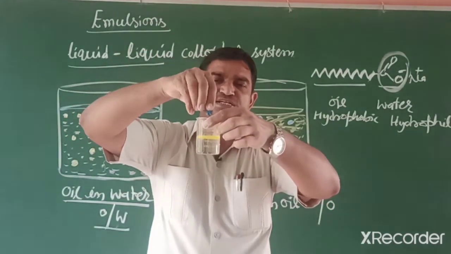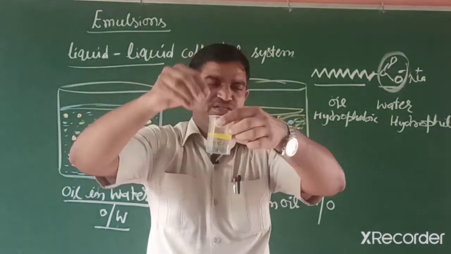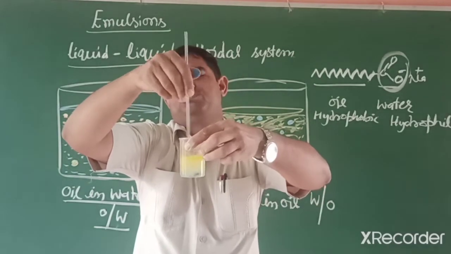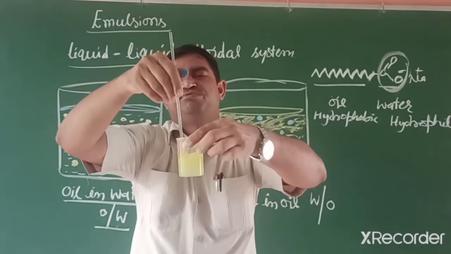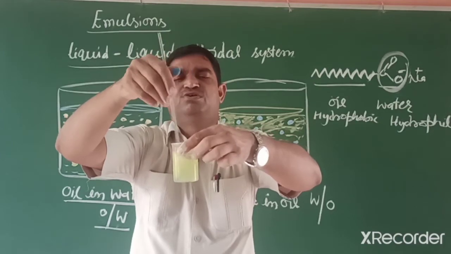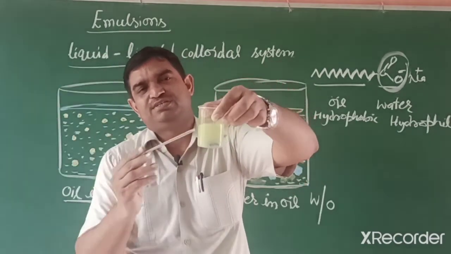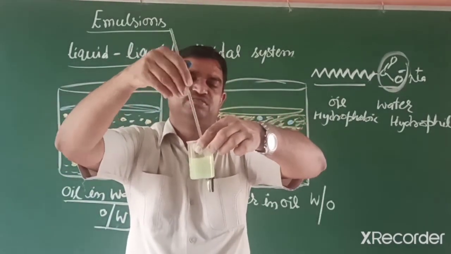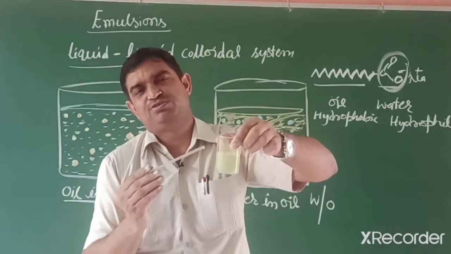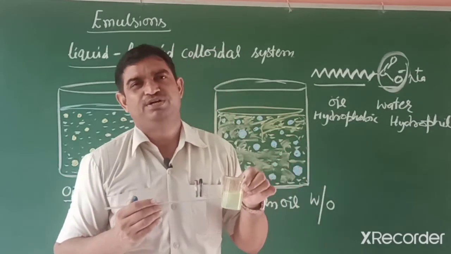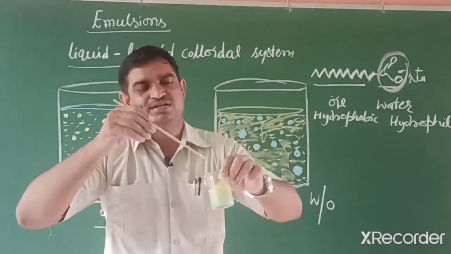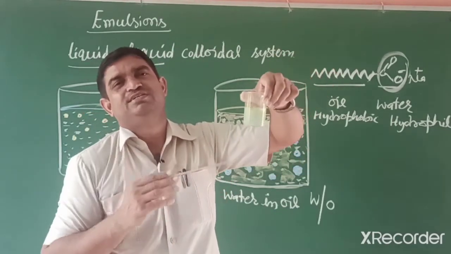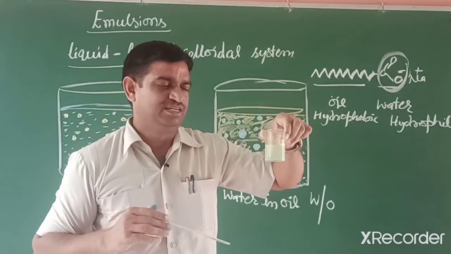When I mix some soap particles, then what you will see in this, because soap has two portions, both hydrophilic and hydrophobic. So this oil is mixed in this. That one is a colloid. Now it is an emulsion, oil in water, because the soap particle has both ends, hydrophilic as well as hydrophobic, and there is no separate layer. Now we can see that it is mixed. So that is the stabilizing agent.